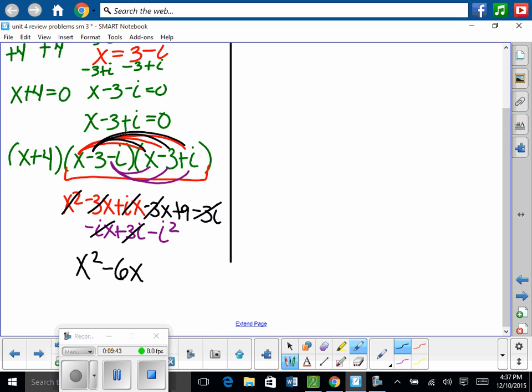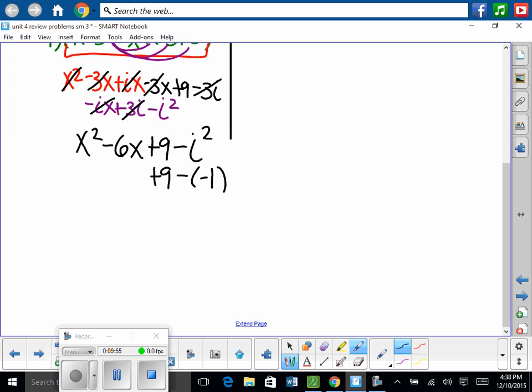-3i plus 3i is gone. We have +9 minus i squared. And then remember, i squared is equal to -1. So we have +9 minus -1, plus 9 minus negative 1. We have x squared minus 6x, and then because we're taking 9 and subtracting negative 1, we're technically adding 1,